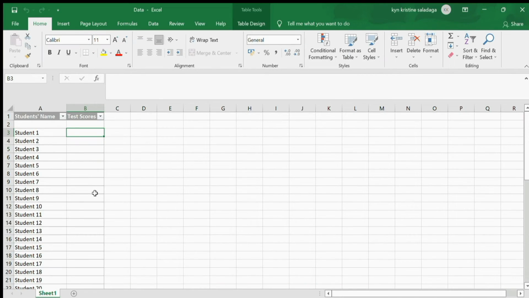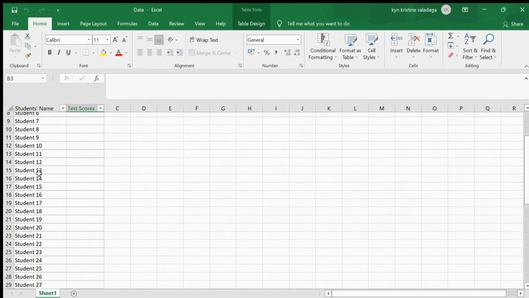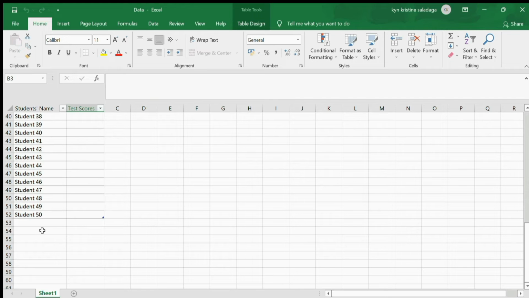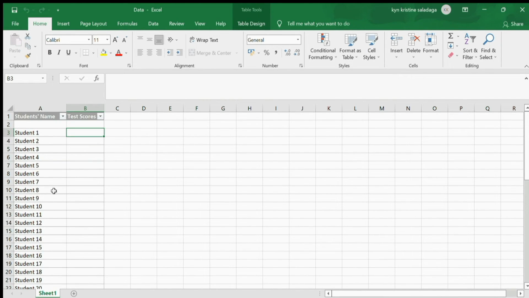As we can see, we have here a list of students, but for the example, I just named them student 1, student 2, student 3, student 4, and so on, with a total of 50 students for our data. Now, let's assume their scores and fill in the spaces here.